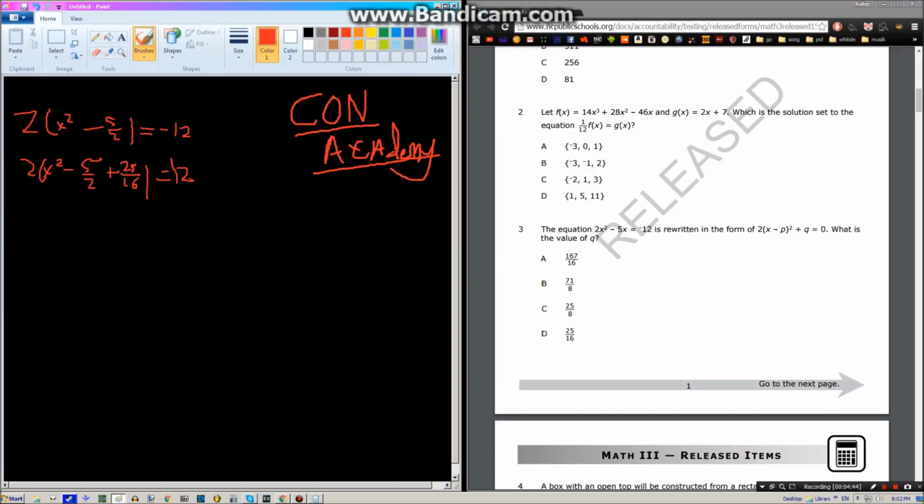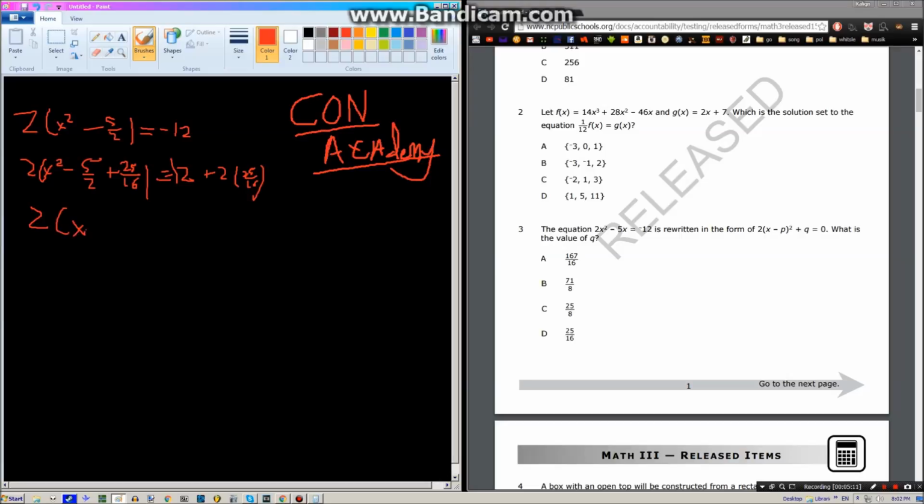negative 12, of course, plus 2 times 25 over 16, because whatever you do on this side, you gotta do that side. So then what you're gonna get, I'm going to consult my paper here, is